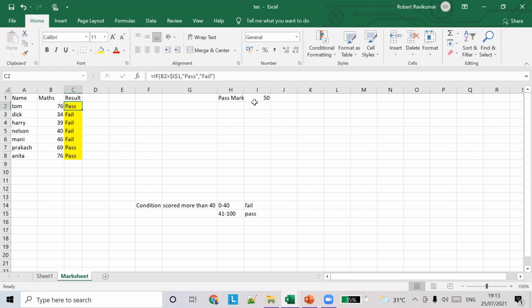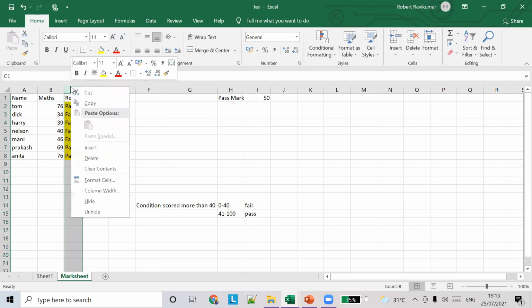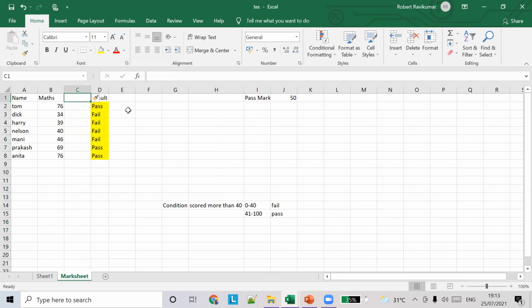Now we'll do another thing. We'll add another score, let's say physics. So we have to make sure the values are 65, 76, 23, 45, 12, 0, 56. Now we have to change the results here because our condition is that we have to pass on all the subjects to get a pass.